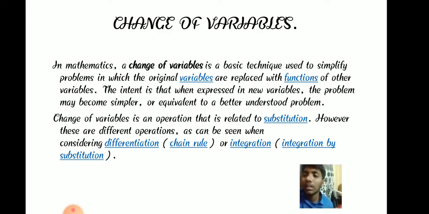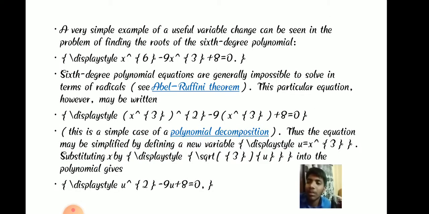The main thing is the Jacobian rule, which is also a kind of change of variables in which we differentiate. First we take it in terms of a variable, then we differentiate it, and then we again find the delta. So the main aim is to know the Jacobian rule, and along with the Jacobian rule we can also solve the following given examples.